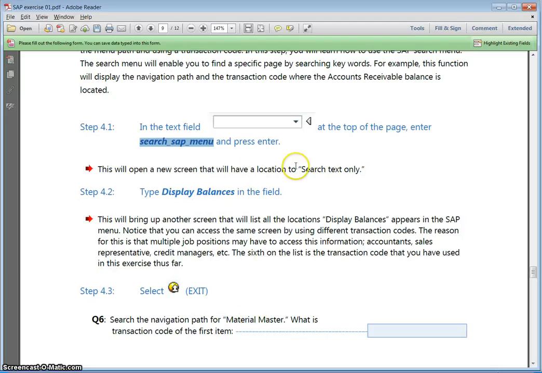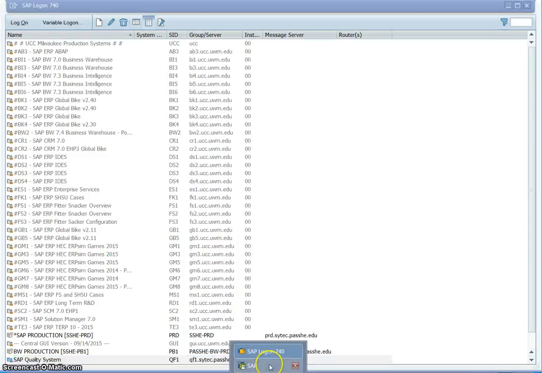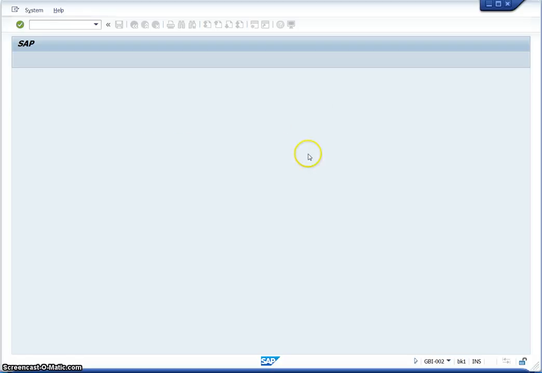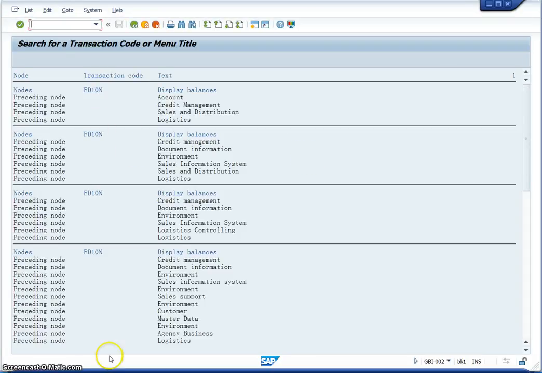So the search text is to type display balances in the field, and type display balances there and click OK, and you will see many results. Okay, a number of results. So you can see the first one, display balances. You will find a navigation bar. The first one is display balances. Previous is account and credit